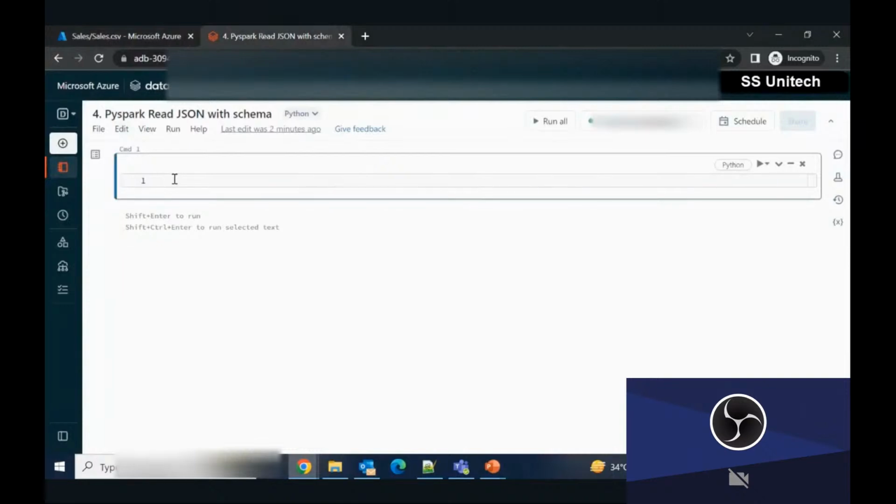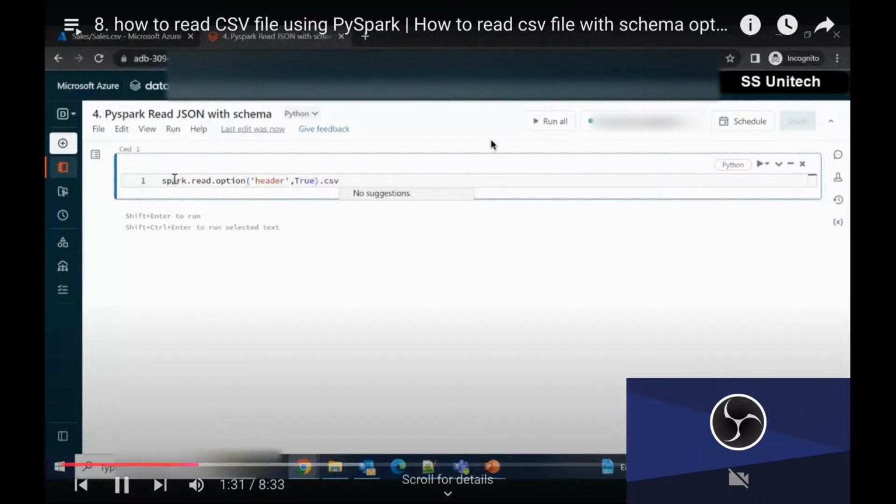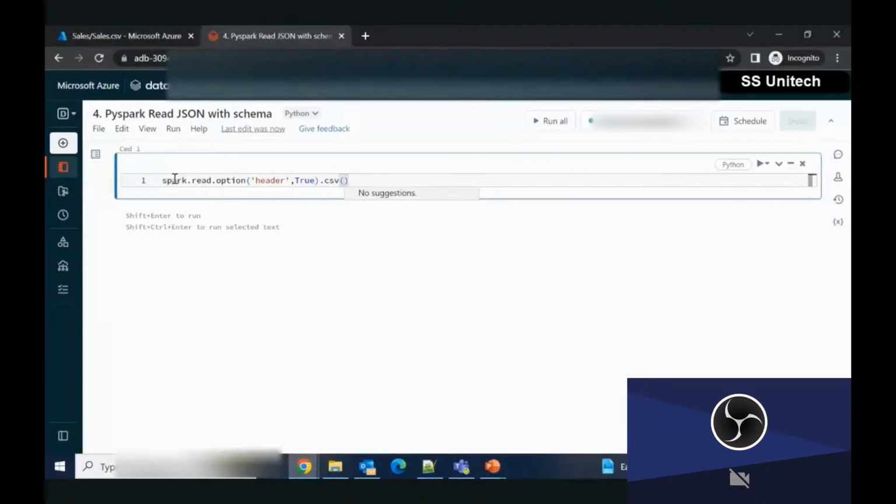let me try to read the data from the sales.csv file. As we have already created the mount point for the same, let me try to read it directly. For reading the data, we should use spark dot read. Then we have to specify the option, and under the option, I'm going to specify the header value as true because this file has a header. So let me make it true. Next, we have to specify from which format we want to fetch the data, from the CSV file. We have created the mount point, which is the MNP